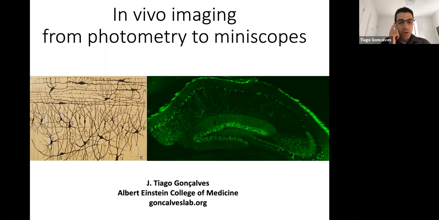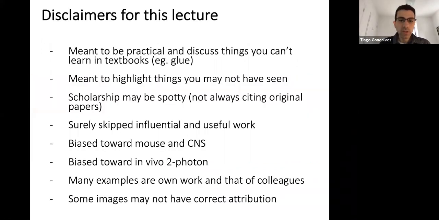Today I'm going to be talking about in vivo imaging in a very broad sense, and I have a few disclaimers before I start. The first one is that this is going to be a very practical